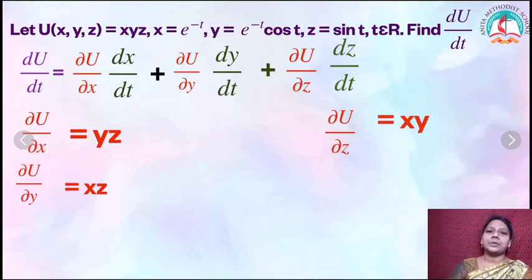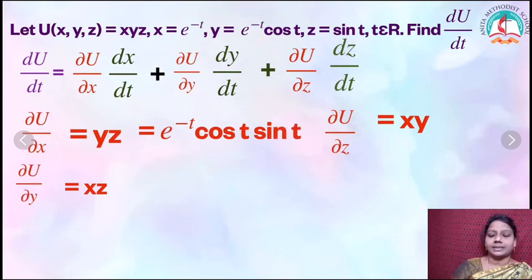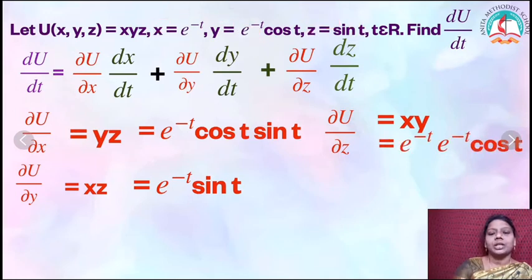Now before we substitute that, can you remember in the previous problem we substituted at the last? Here itself you can substitute the values of x and y. So what is y and z? We have the values of y and z. Substitute here itself and simplify it. Then it will be easy for you to substitute. So if I substitute that, I get the answer like this. Then x into z, I am just multiplying x and z. Next one, x into y, so I am just multiplying these two. If I multiply e power minus t into e power minus t, it becomes e power minus 2t into cos t. Now we got all these things in the form of t. It is easy for us while we are substituting.